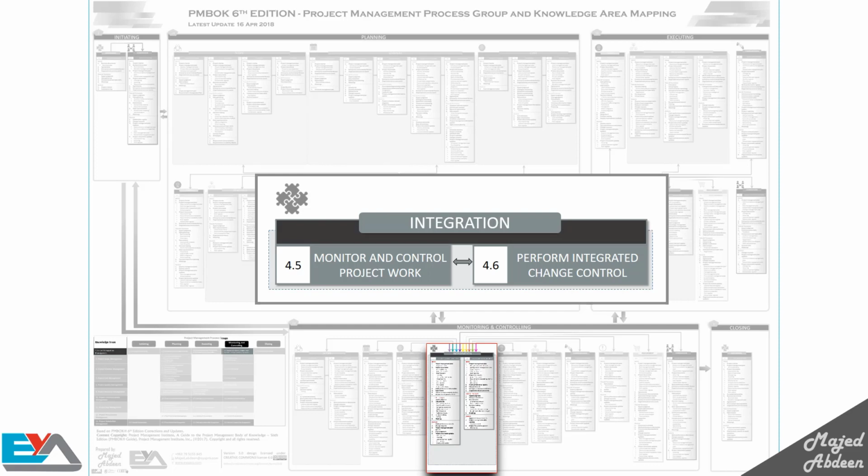If you find any variance from what you planned, you need to submit a change request to get the project back on track. Which leads us to the next process, perform integrated change control. Some changes in the project can impact the scope, cost, schedule, quality, leading you to new risks, and so on. Once the project is baselined, change requests go through this process. Any changes in the project should be documented, reviewed, evaluated, analyzed, and checked for impacts.